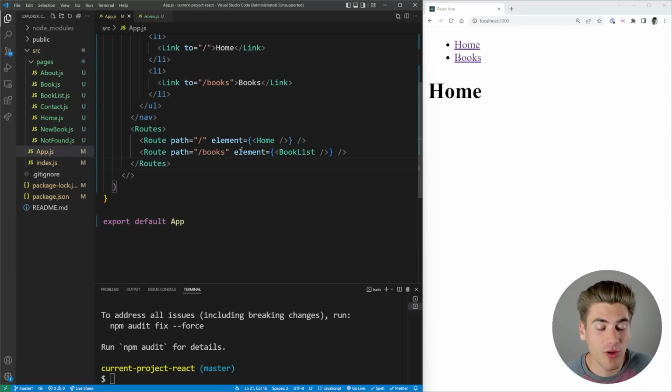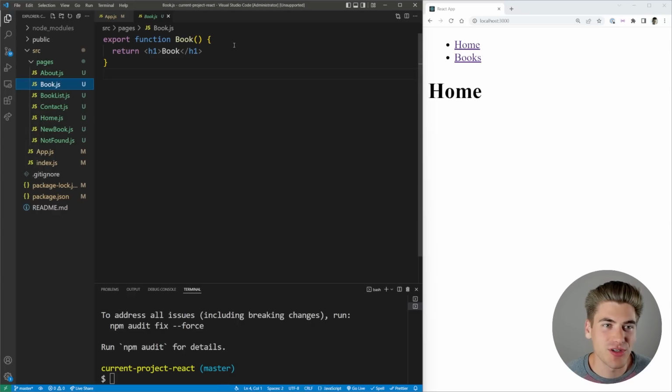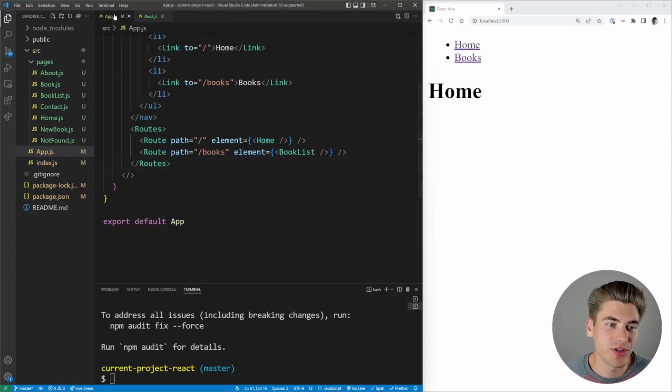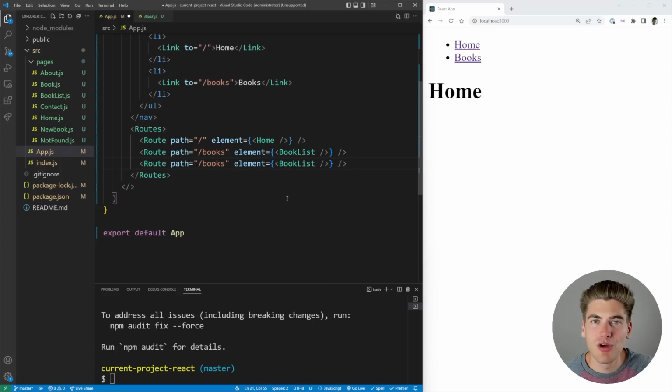So let's say, for example, we want to add some additional routes into our application for rendering out our books. As you can see, we have this book page and we want to be able to render out multiple different books. Like let's say there's 10 different books with 10 different unique IDs. We want to be able to render out those books. So we can define a route that has a custom parameter inside of it, which is going to be dynamic and able to be changed. So this thing that we want to render is going to be